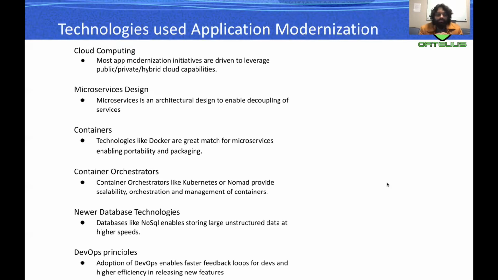and to leverage new database technologies. In the last decade, there is a big evolution in databases as well. Like NoSQL is an example where you can store large amounts of unstructured data at higher speeds and retrieve data at a faster rate compared to a SQL database, and there are several applications that can leverage NoSQL instead of SQL